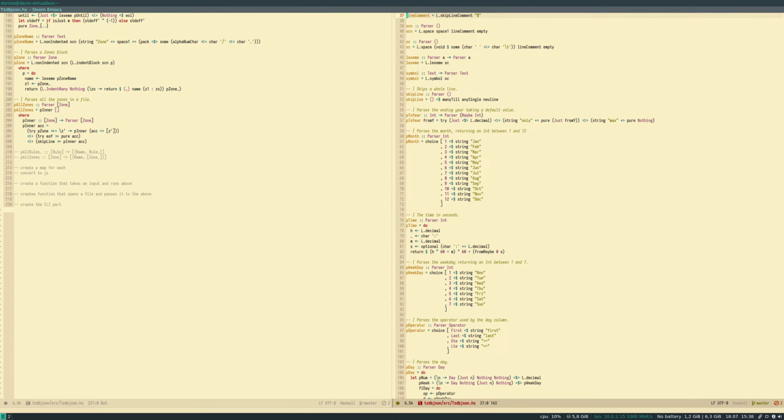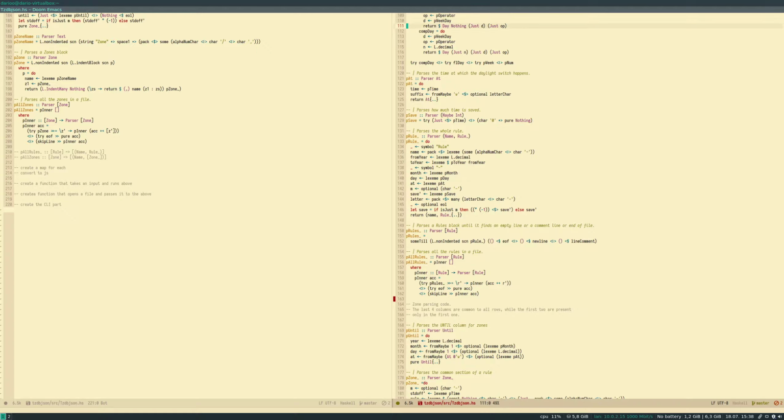So let's do this. So we have p rule, create a p zone, which is a parser of name. This one should be pretty trivial now that we have everything figured out.